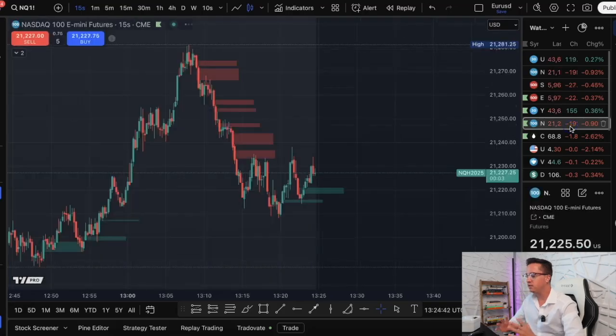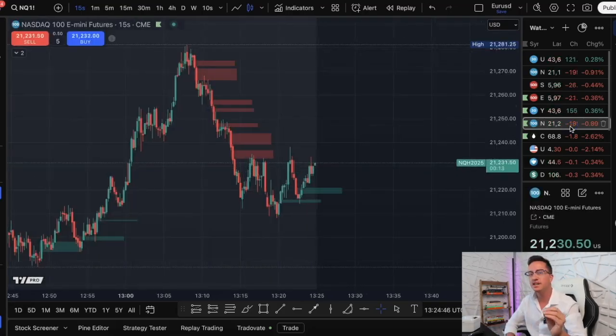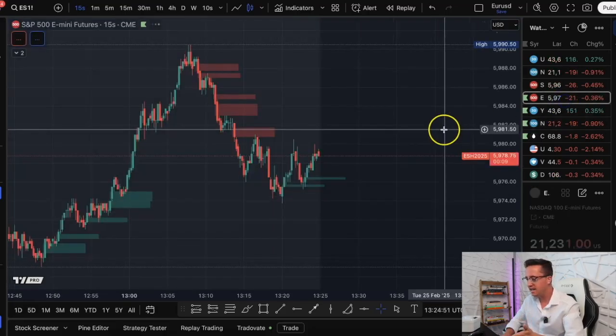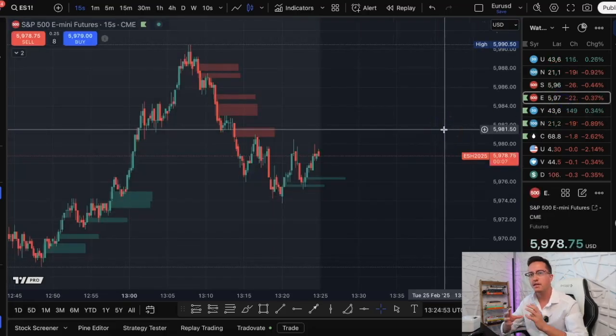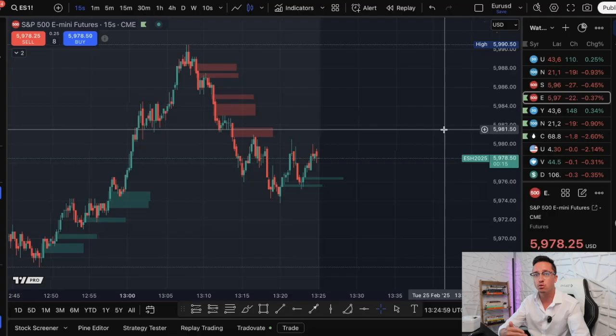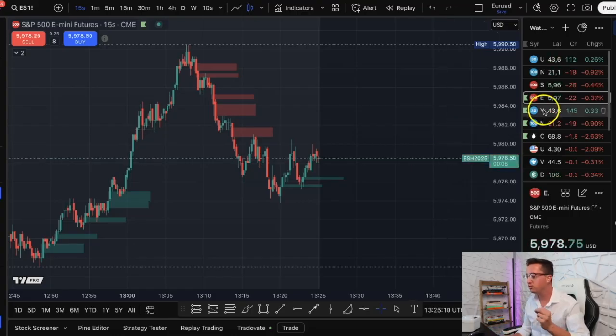So I like to mainly focus on NASDAQ. I really like the technicals of NASDAQ, but I'm going to give you guys a little hack right here. NASDAQ and ES, the S&P 500, correlate pretty similarly, meaning that the market structure and the patterns that are printing on the chart are pretty much going to be the same on ES and NQ. So with that being said, I focus on ES sometimes, but what I do a lot of the time,